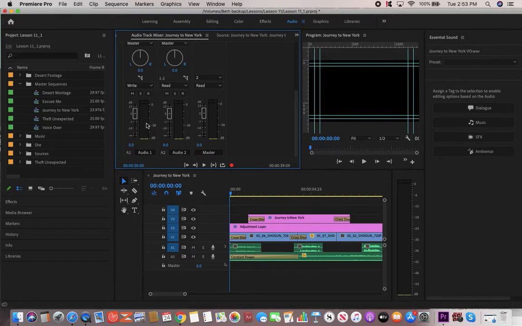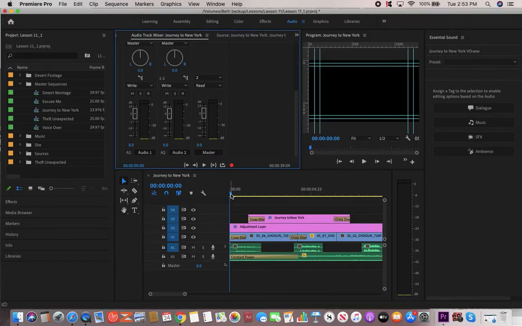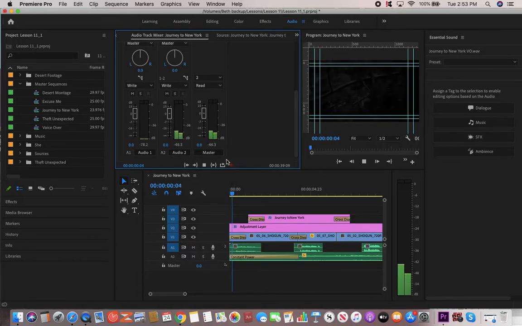this on right. Okay, and what that's going to do is it's going to add some keyframes in. All right, so I'm going to play this clip, and I'm going to adjust, and you can adjust the pans as well, the left and right channel. But you can also adjust just the basic levels, and that's what you have here. So I'm going to play this clip,